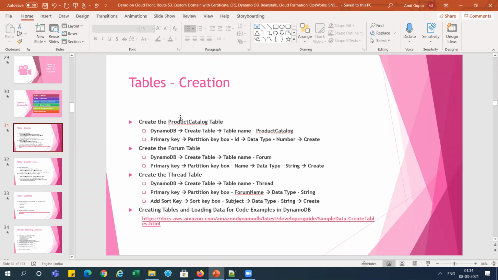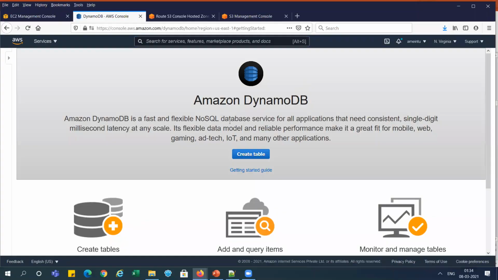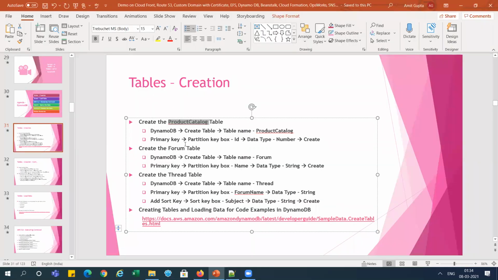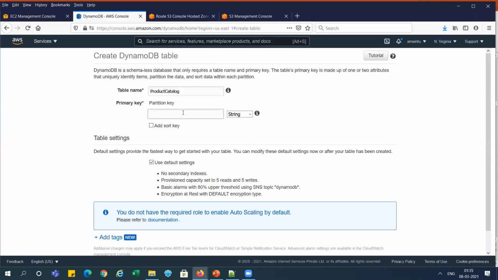So we will go and create the table, and for the table name we will use ProductCatalog as the first table. So Create table, you can see the option here, and the table name I am giving is ProductCatalog, right? And you can see the primary key, and in this key we will use Id. This is the Id partition key, and the type is number, right?